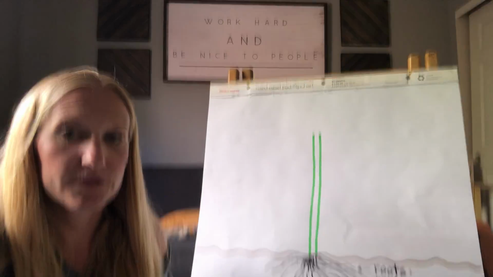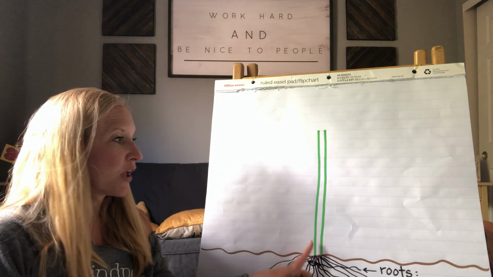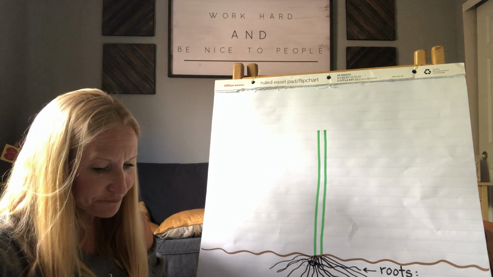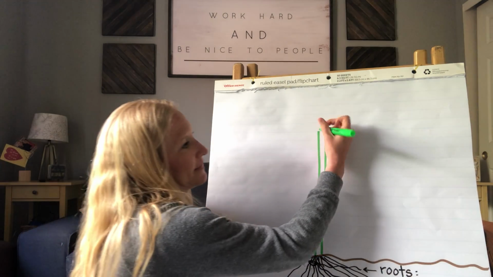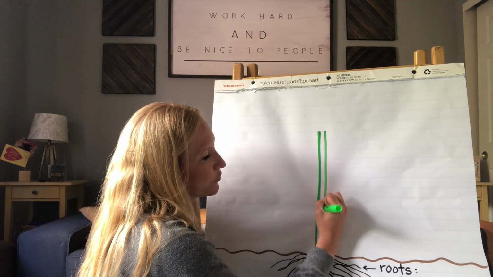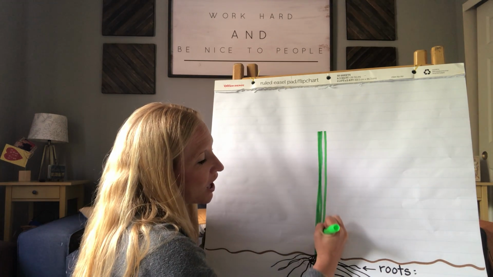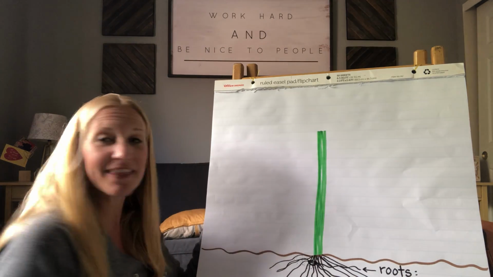Okay, so then welcome back. Let me set this back up here. Hopefully this works. There we go. Okay, so now we're moving up. So our little seedling would start to grow a stem. And that stem is really important. The stem on some flowers will grow super tall. On a tree, it would be the trunk. On some flowers, it doesn't grow that far at all, but it's usually thicker